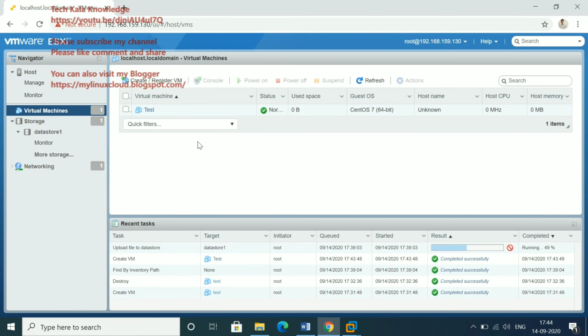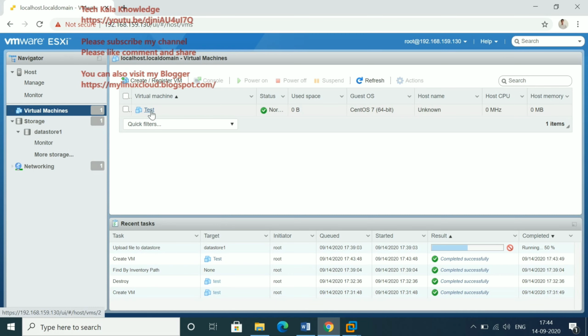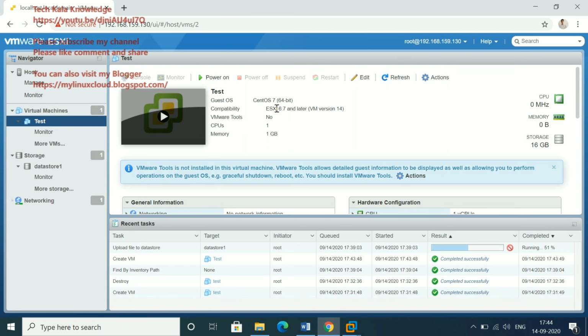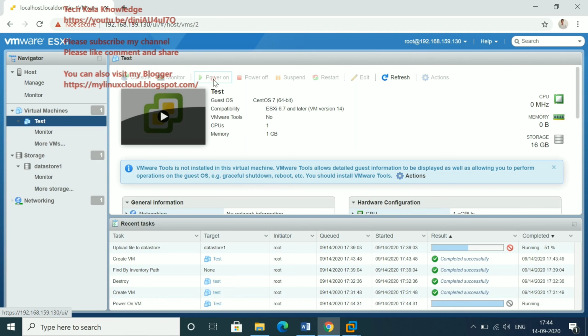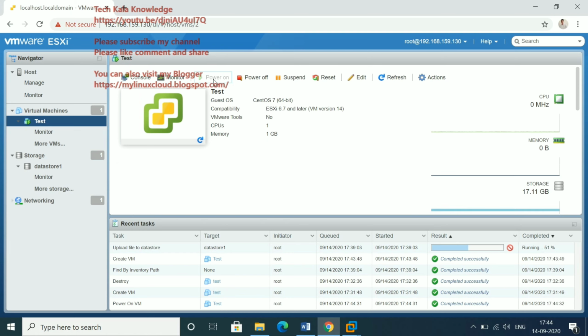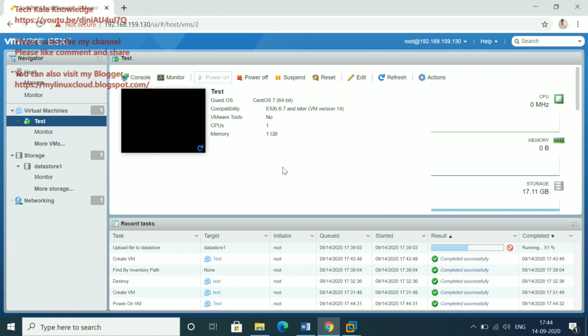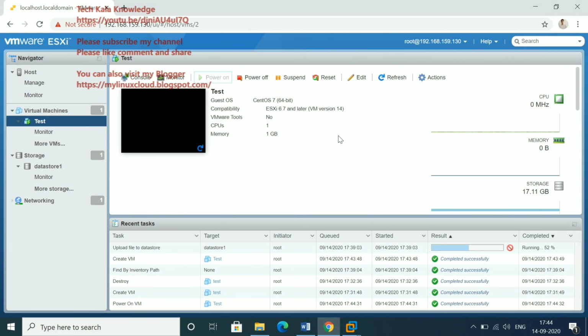Okay, so now this is my machine. You can see, click on here. This is my machine with CentOS, so let me power it on. Click on power on. We will open the web console.